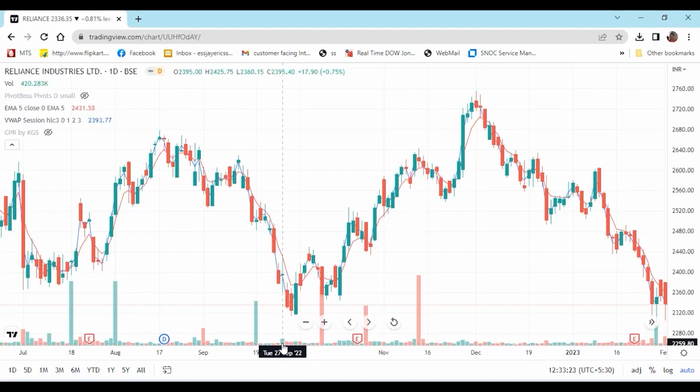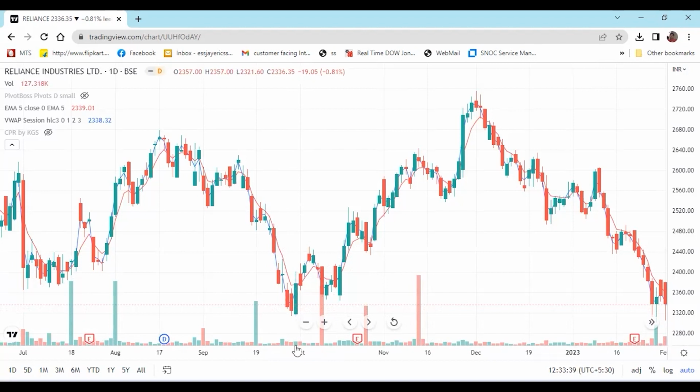But here what is happening? The candle is somewhat okay, but you're not having much volume. It means the buyers are not ready here to put the price up. The sellers are taking it down. Here also the same thing happened. But in the next candle, if you see over here,